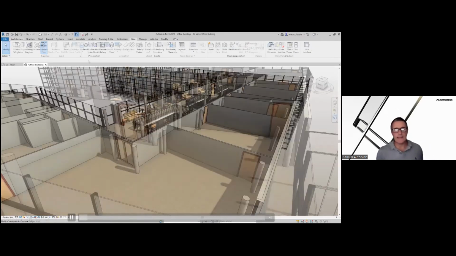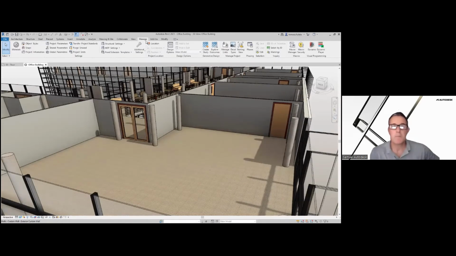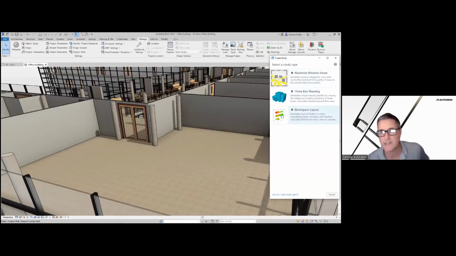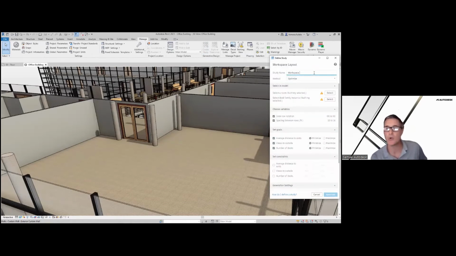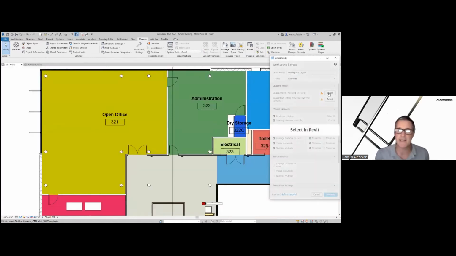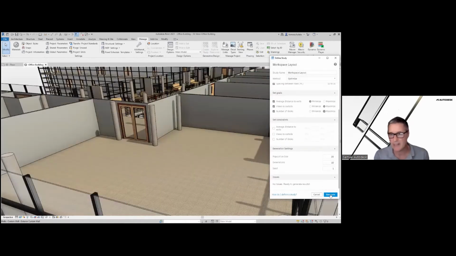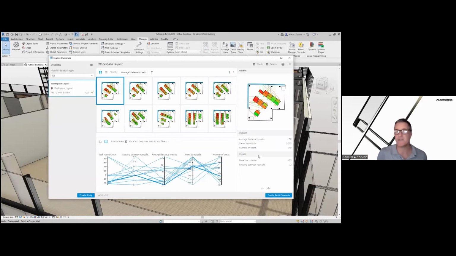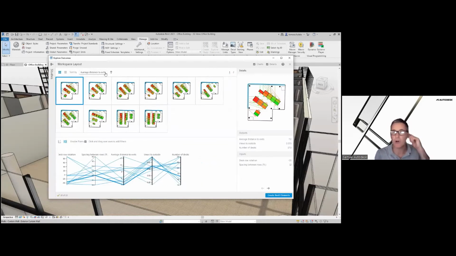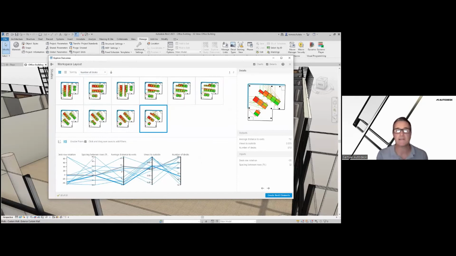This one is a really easy one. This is placing furniture within a space. So again, like the office or the school example, you want to look at optimizing the amount of desks you can get in the space, but maybe you want to do something a bit more interesting, like orientate them differently, make sure that everybody in those desks will get a view, but also you've got space for the chairs to back into each other, walkway space, and access to the doors for fire egress.